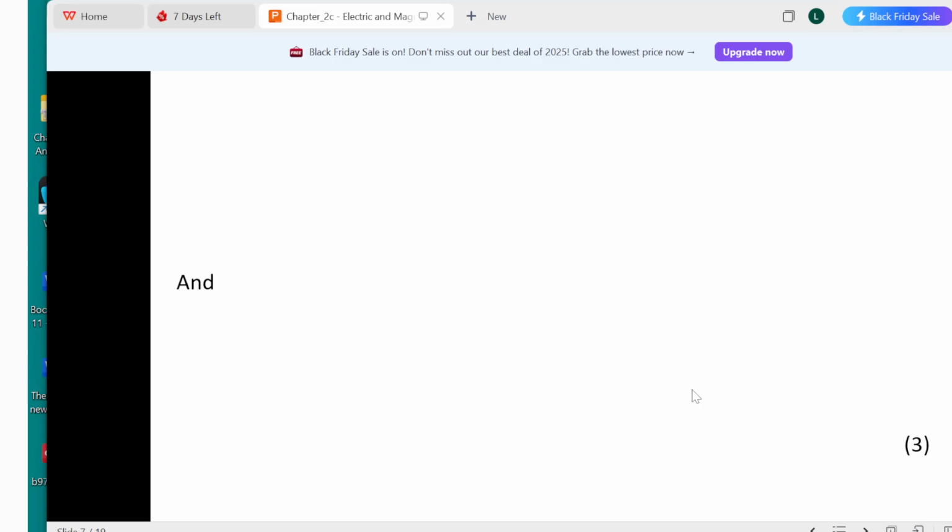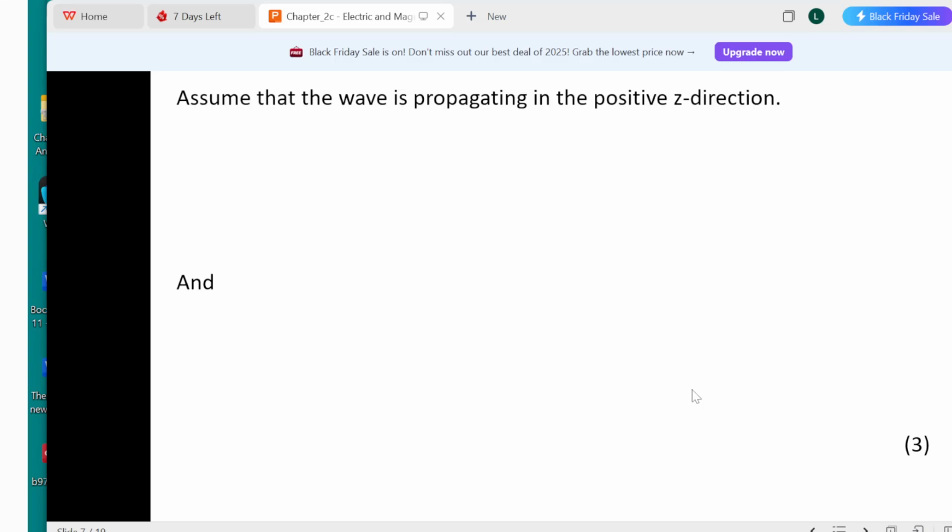So now we have altogether 6 differential equations. And now, assuming that the wave is propagating in